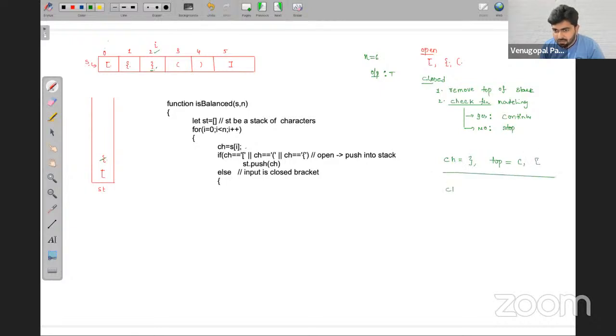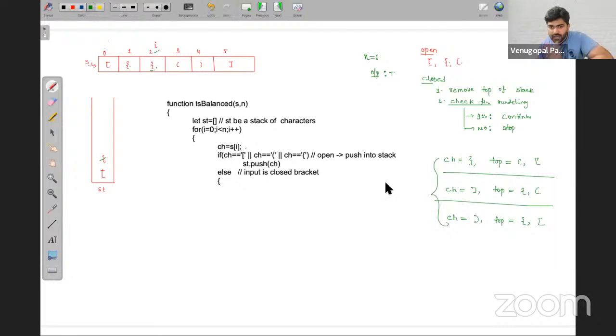Next, your input is this, and when you are popping, if it is equal to either like this or this, then also it is a mismatch. Next, your input is this one, but your top of the stack is, let's say, opposite, which means either this or this. All these three cases are mismatch. Am I correct? I hope you are getting.